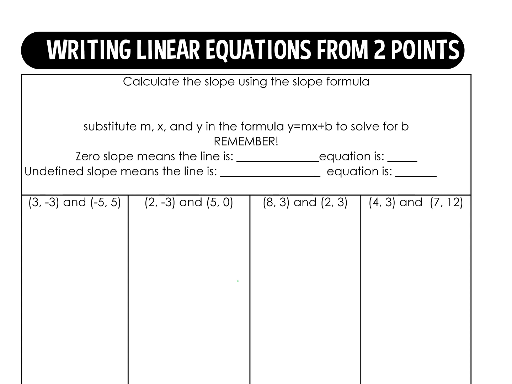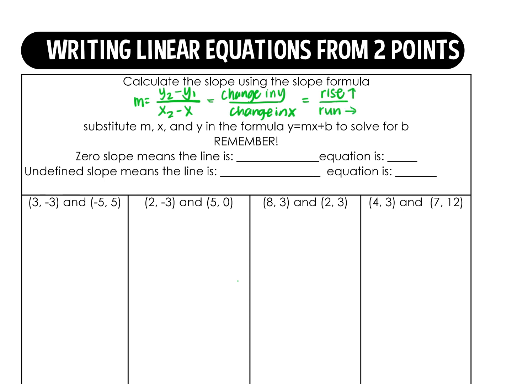In this video, we're going to look at writing linear equations from 2 points. Now, we're going to calculate the slope first using the slope formula. Our formula is y2 minus y1 over x2 minus x1. This basically means the change in y over the change in x. This makes sense because our slope is the rise, or how much it's changing vertically, over the run, or how